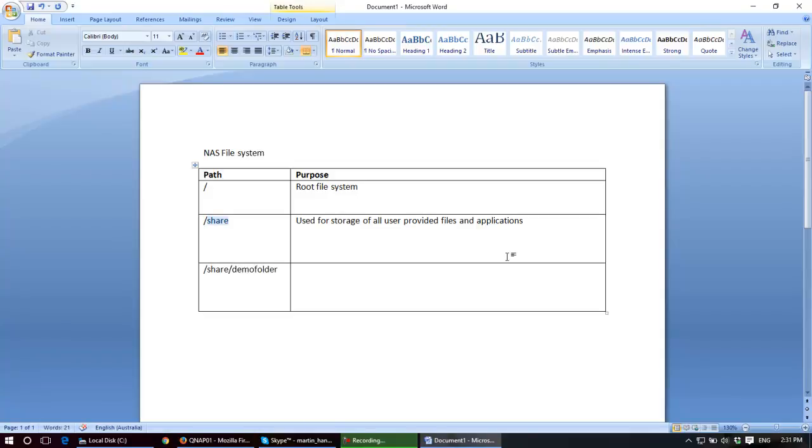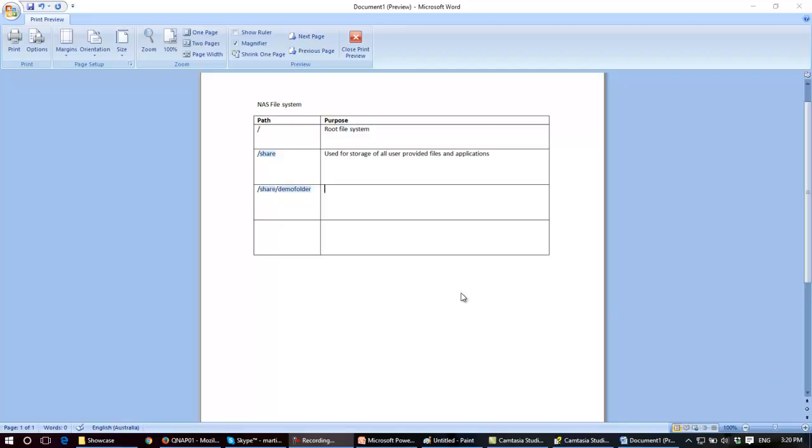Now maybe this is a bit too much information to be sharing in these introductory videos, but I thought it was important to understand that from a backup and recovery standpoint, the way QTS is organizing it is very clever, really. All the demo data, all the demonstration data, all the application data, all your programs, all your files that you store are being organized under the share folder. In the event of you wanting to set up a backup and a recovery regime, the only thing you need to be concerned with is making sure that the information, in fact everything under the share folder, is backed up to a suitably